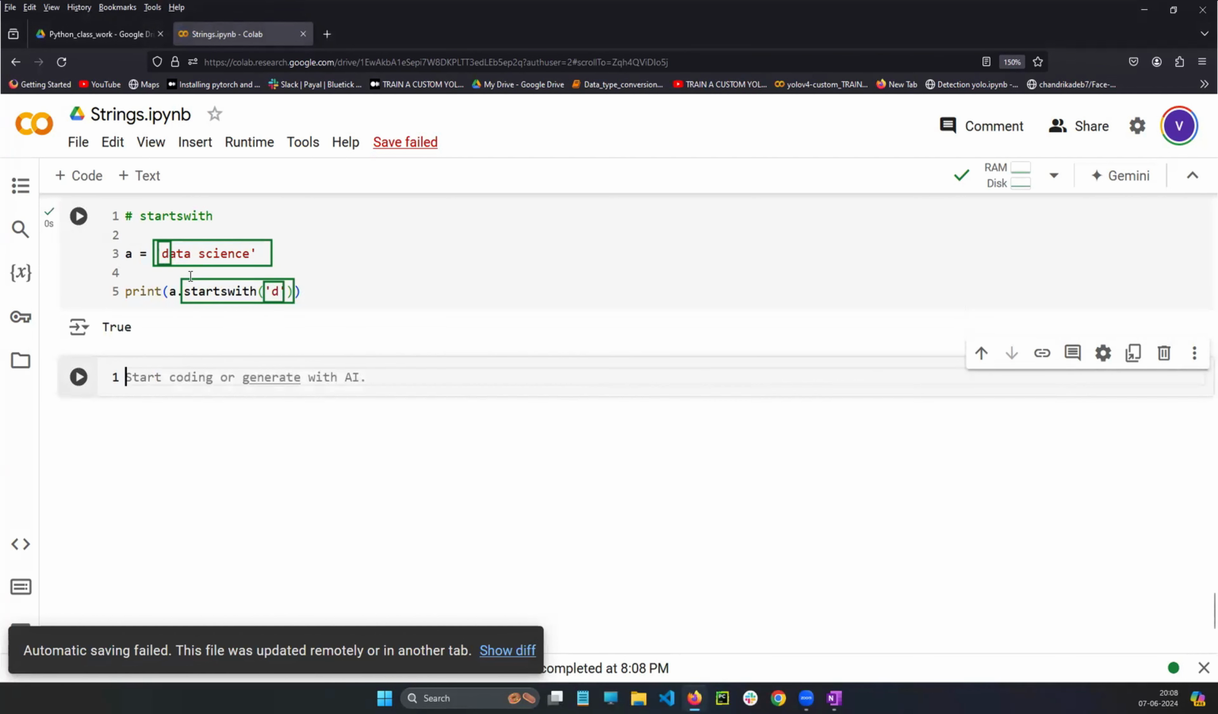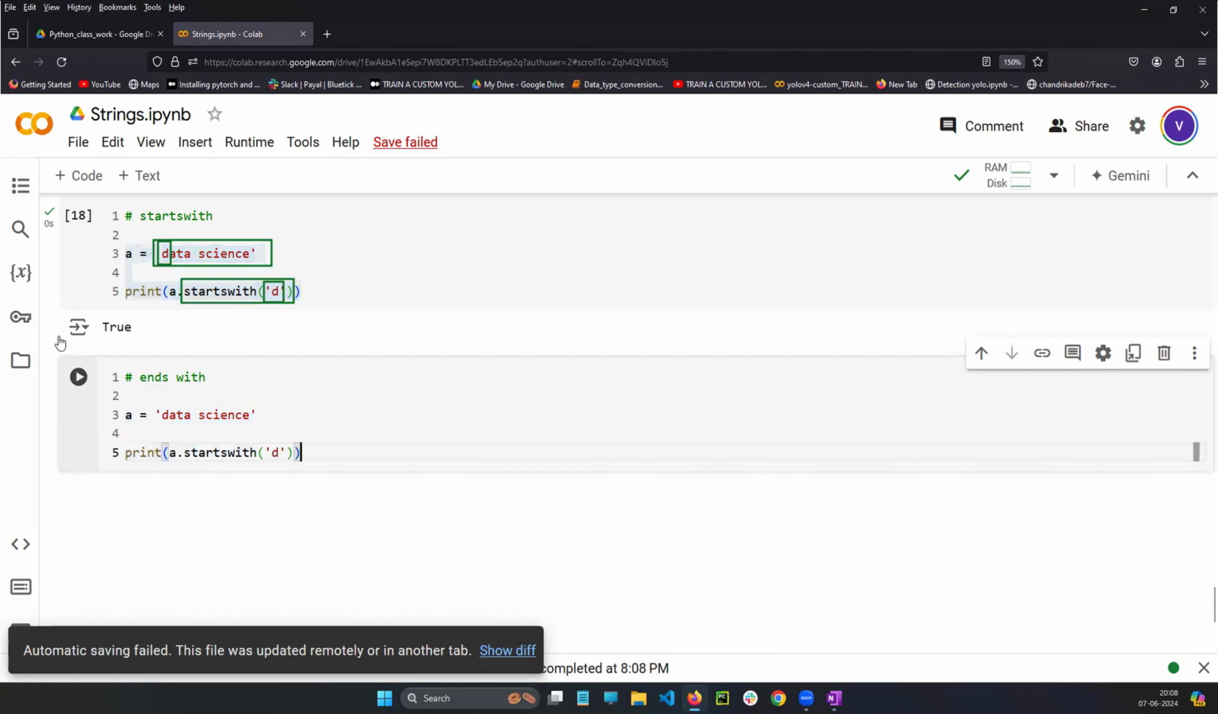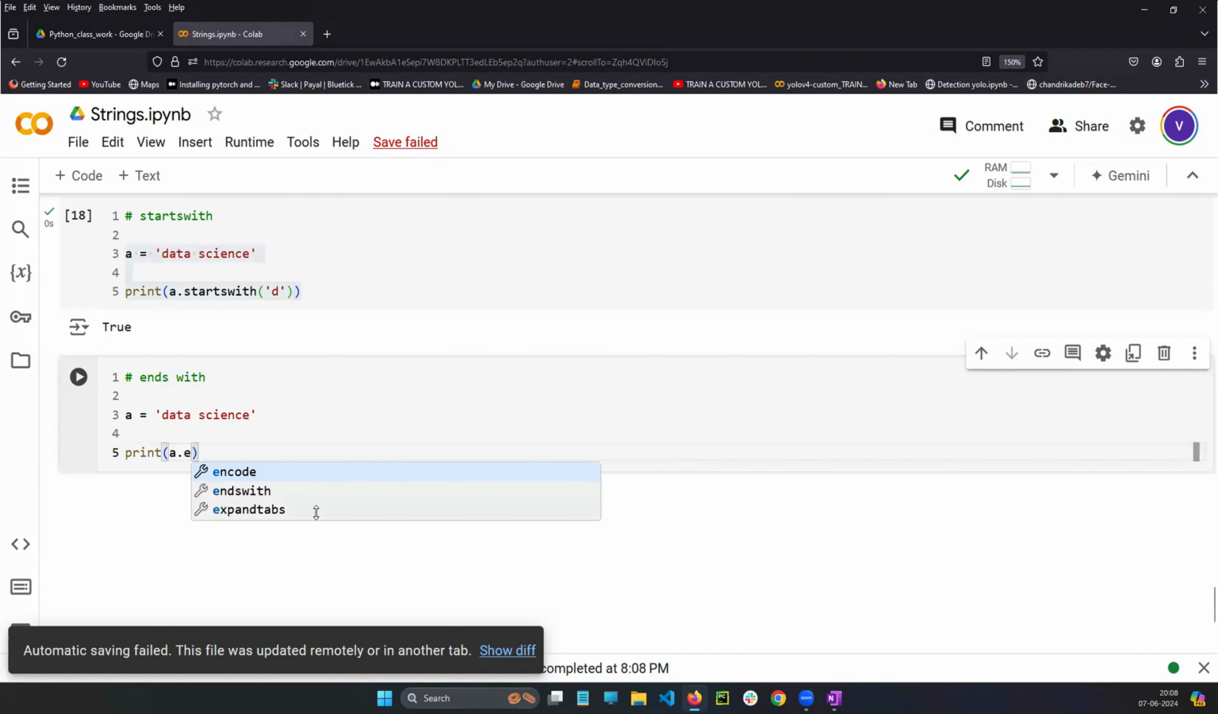The output will be True. Suppose I write endswith, same concept. Suppose someone asks, sir, how can you remember the functions? No need of remembering. If I keep the dot, automatically a pop-up will open. I will just write E, and all E related functions will come. Endswith T, for example. Now you see,